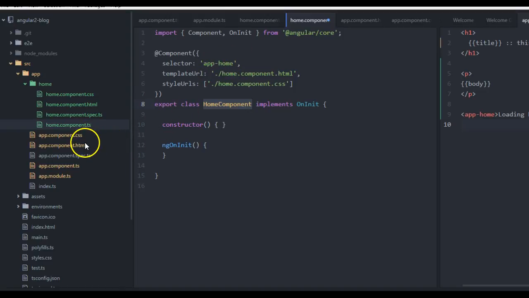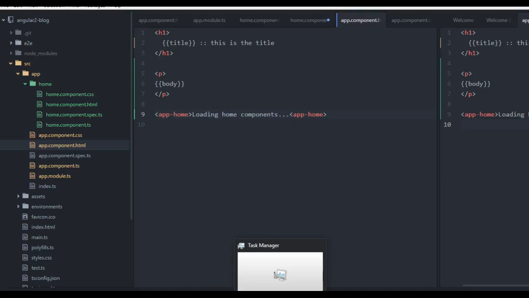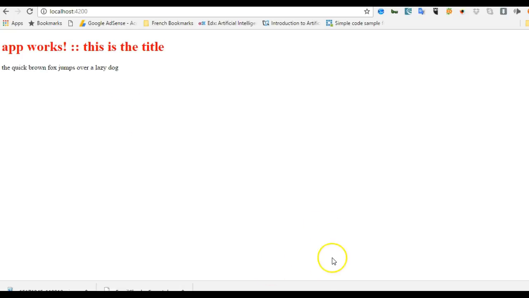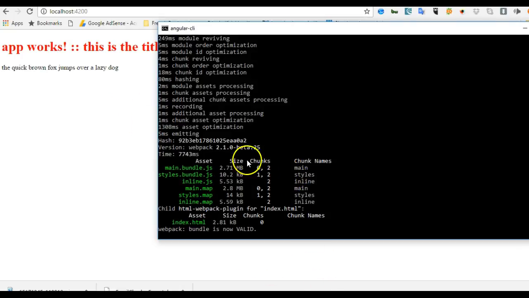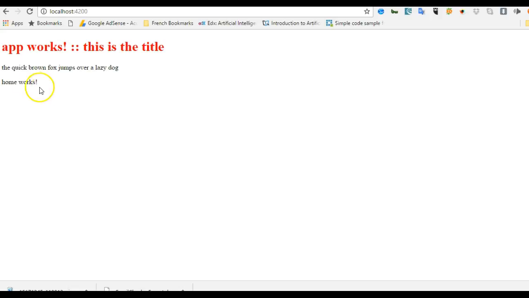And we are here in the app component.html calling it. We're saying go to app-home and call whatever is inside it. But while you're trying to pull it out, this is what you have to show. So we go and we're supposed to refresh. We check our server, and in case it's not loading, cool. Guess what just showed up? That is home works, because it pulled whatever is in app component.html,